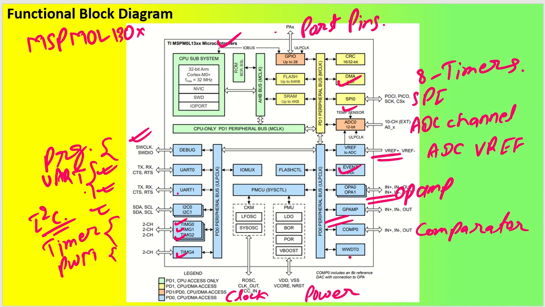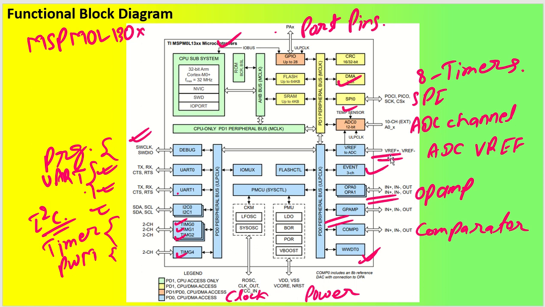It has a watchdog timer as well, so you can see this is the watchdog timer. We have a comparator also, so input plus, input minus and output. And we have a general purpose amplifier, which has non-inverting input, inverting input and output. Similarly, we have op-amps also. So for the operational amplifier, it is the same way as the general purpose amplifier, and it has two operational amplifiers, 0 and 1. Coming to the fact that it has event out, it can give you some indication that something has occurred. So this is kind of an interrupt or something like that.